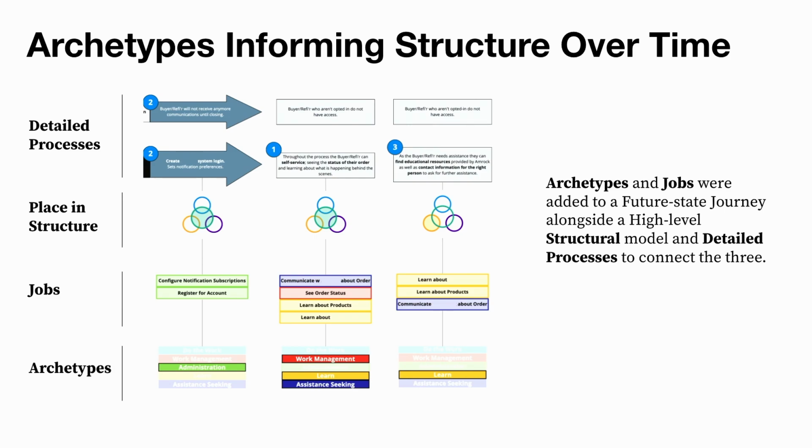And we could start to say, okay, what are the detailed processes that the business has to maintain? Where within this digital place at a highest level are people going to be doing this? Are we talking about moves from one section to the other, or things happening within here? What are the jobs, the granular level jobs that are going to be happening that the processes are talking about? And then how do those jobs roll up into archetypes?